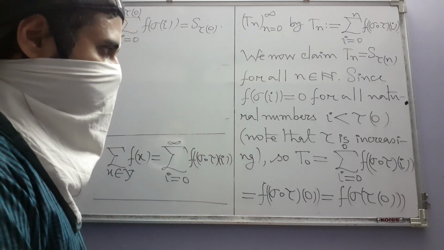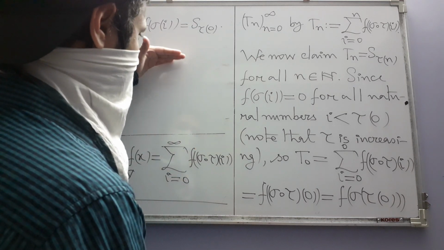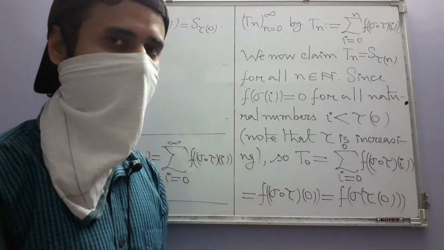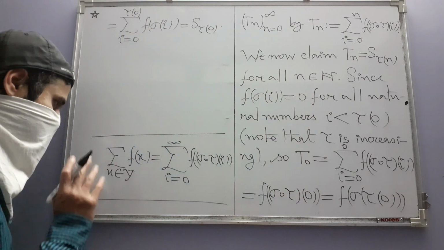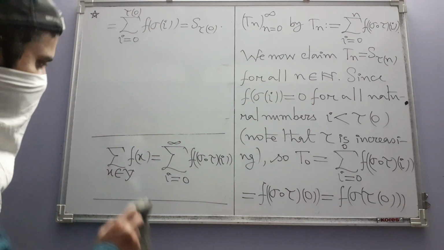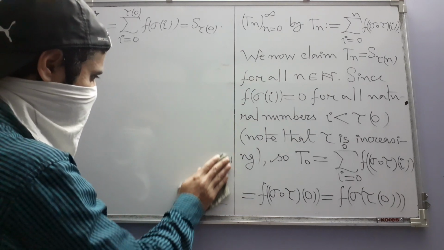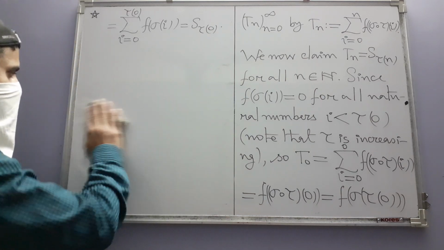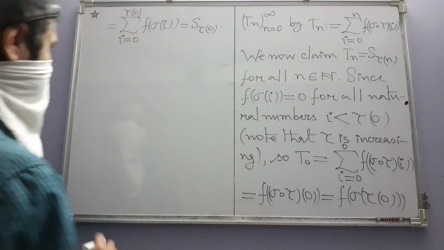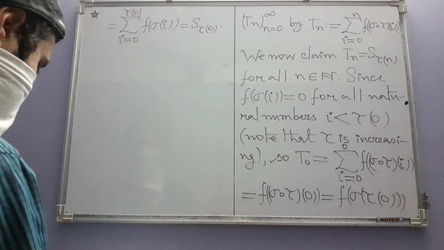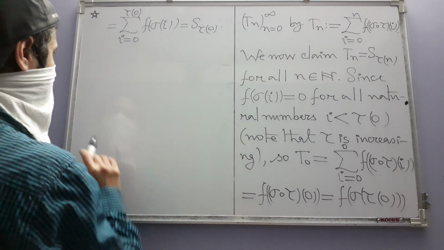Now I cannot continue after this without explaining this part, because by the time I will reach this, I will have to erase this. So let me draw a figure of what is going on, because we have two functions sigma and tau, and we have also considered their composition. So the situation has become somewhat complicated. So how should I draw a figure about this whole thing? It looks somewhat like this.